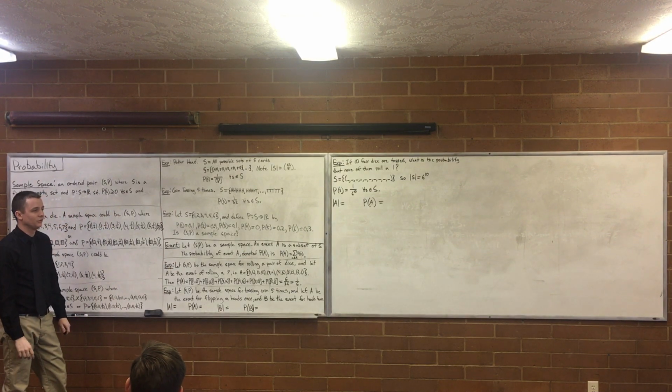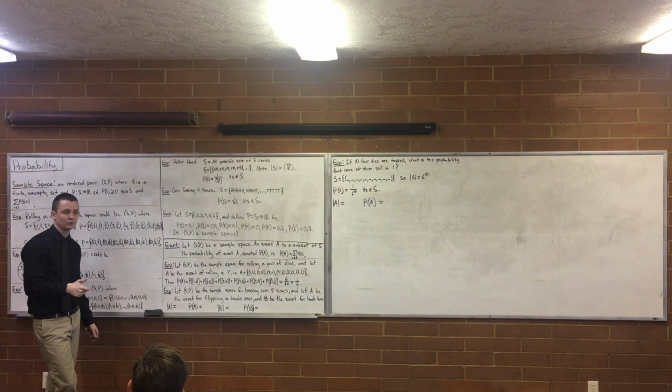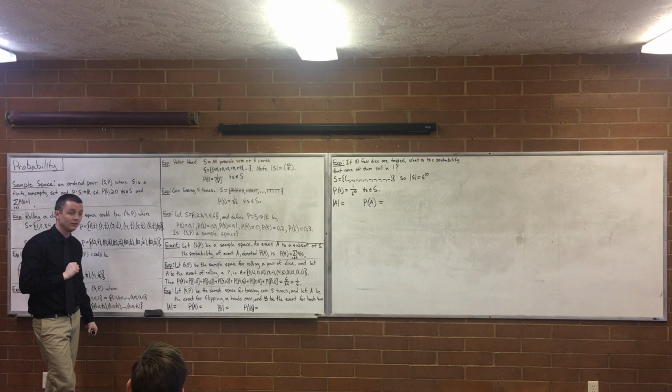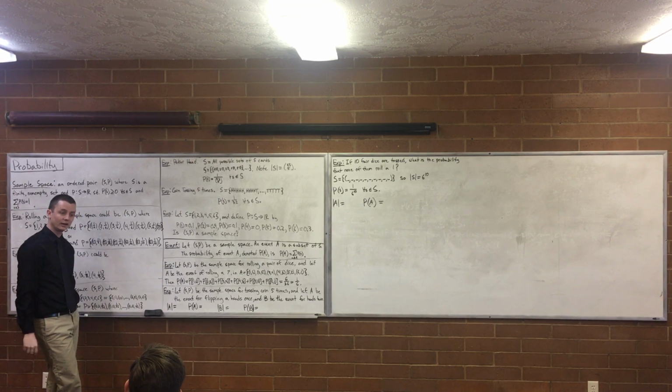There was a teacher who told his students that he wanted them to go home and flip a coin 100 times. Or they could just write down 100 coin flips without actually doing it and show him the string that they end up with. And he could tell them whether or not they actually did the experiment.